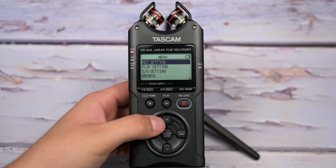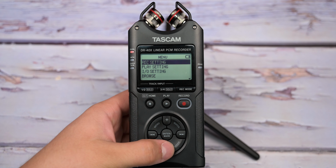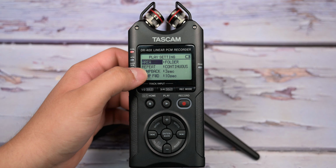This is all stuff that I feel like most of you guys are not really gonna care so much about. For the regular consumers that just want to record, you're not gonna get so far in depth with this, but I just want to show you guys as well. And then the play settings if you want to do it in a folder,